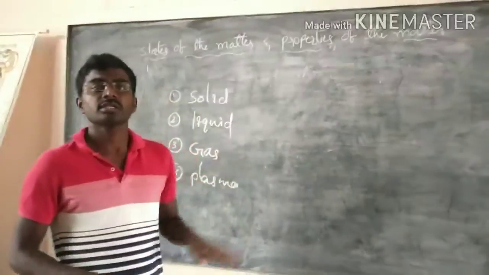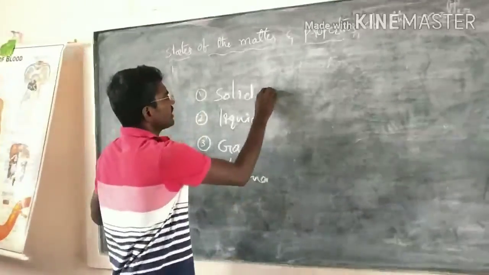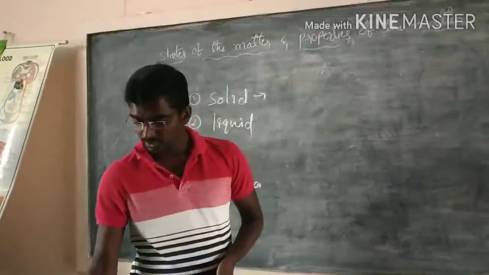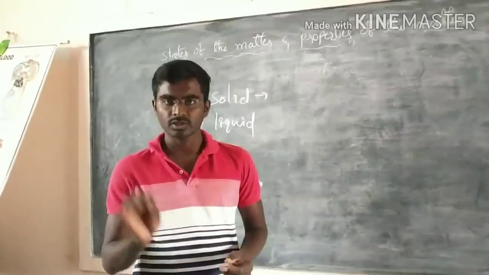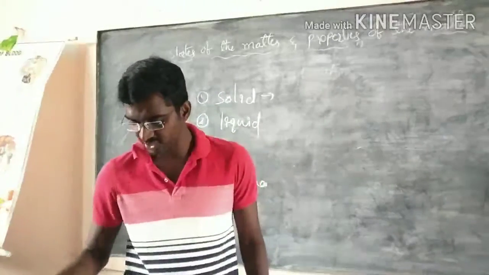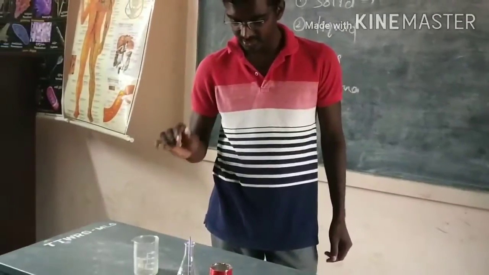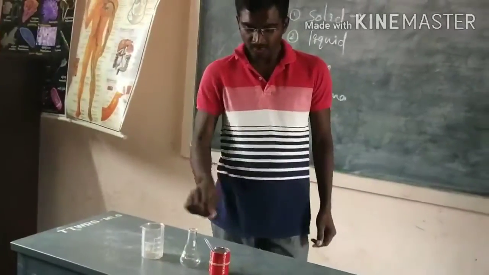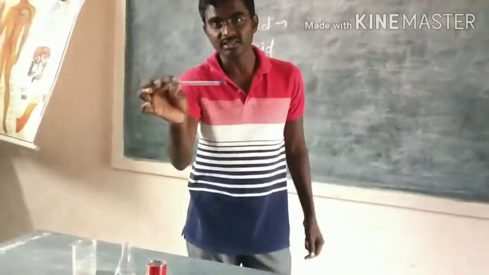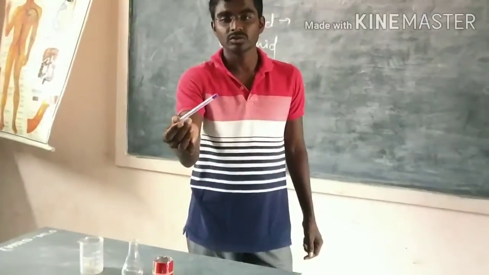Now coming to the solid state. So now see the properties of the solid. For example, this is a solid, right? If the solid is kept in different containers, one container, then this container, then this container, what will happen to the solid, this object? Nothing will happen. It remains constant. Its shape does not change. Its volume also will not change.